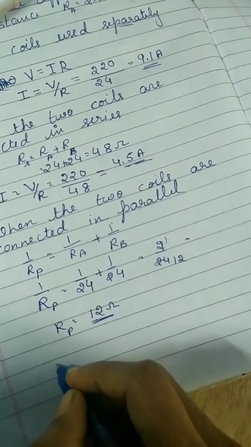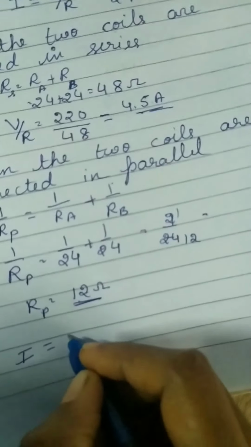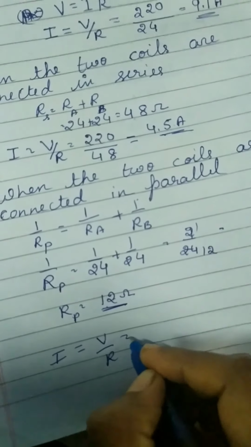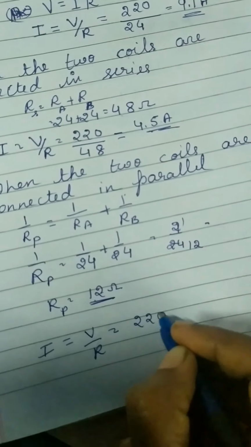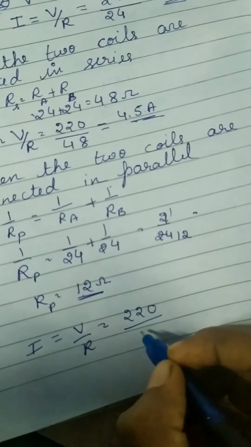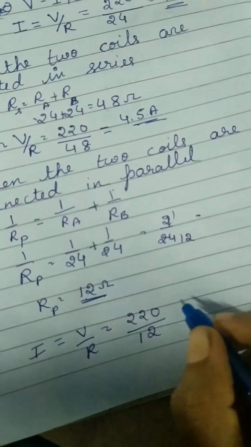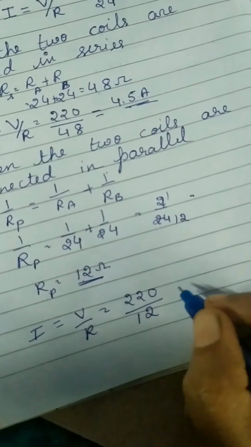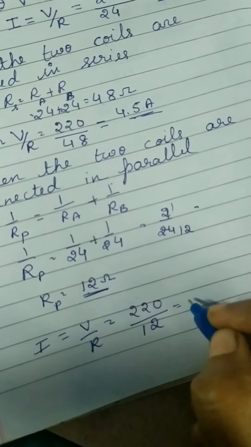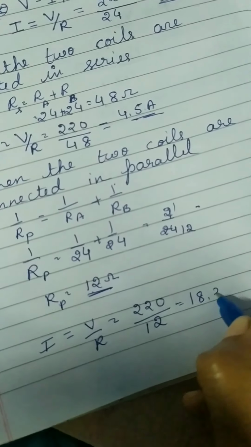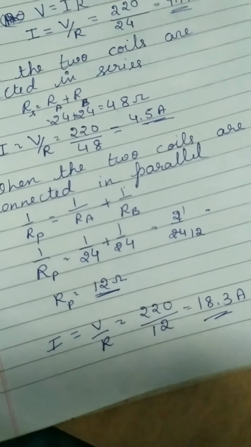Now I is equal to V by R. So V is 220 volt over 12. So when you simplify this, you will get 18.3 ampere. So this is the